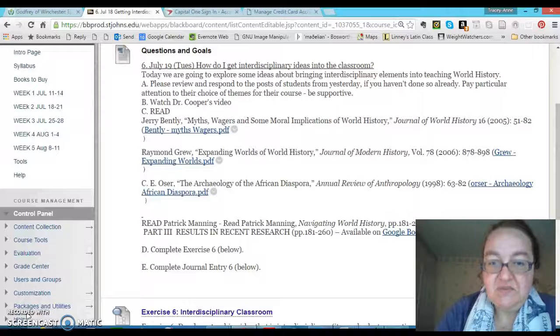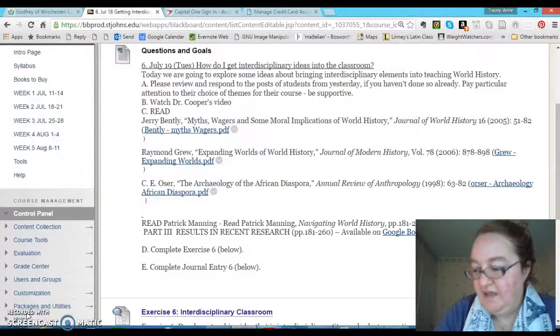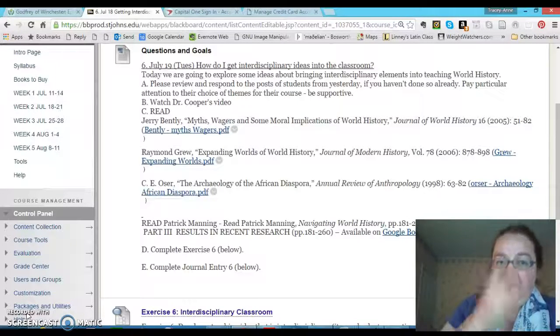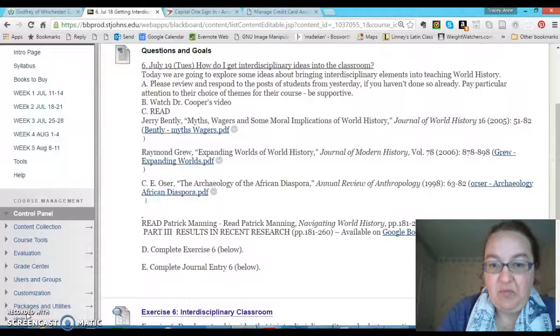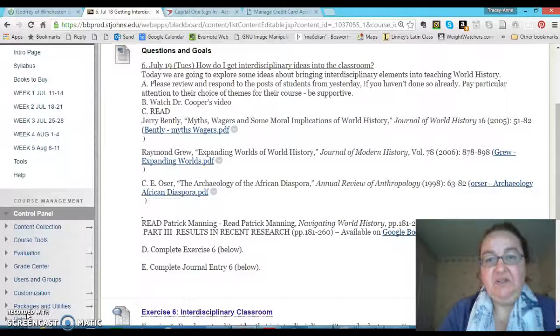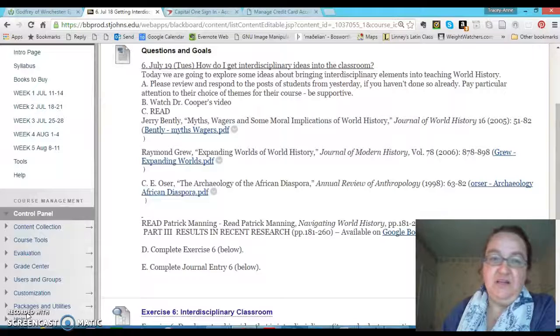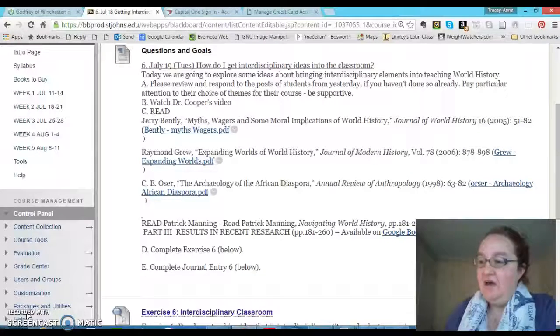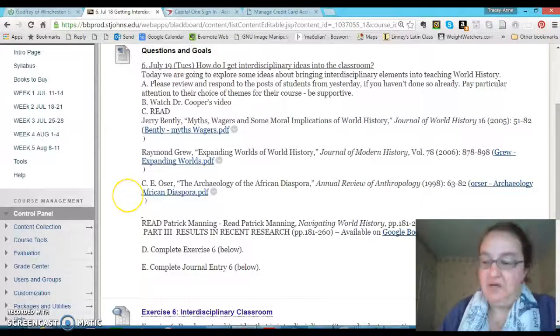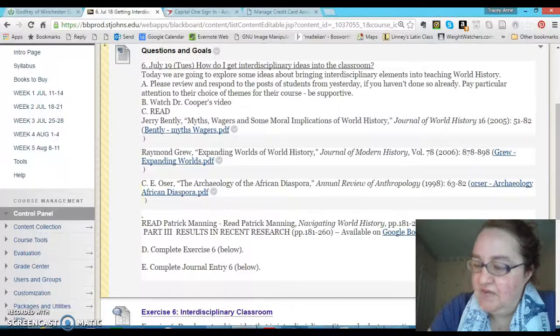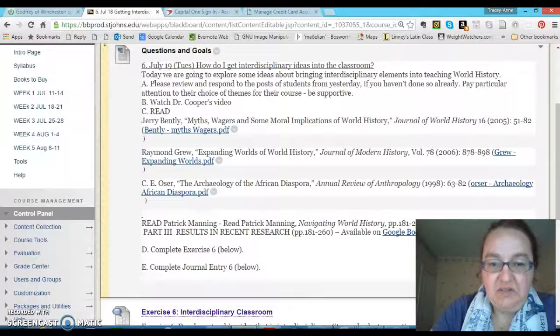So the reading for yesterday was the second part of Manning, and the goal of your assignment was to try to start thinking about some interdisciplinary approaches and read around how some of those work. Today we're going to expand on this work a little bit with three different readings that I've chosen to have a little bit more of a think, and I'm going to talk about them essentially in the reverse order